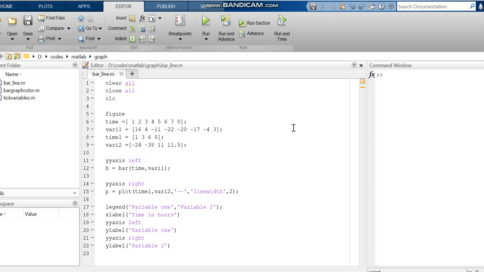Hello all, today in this video I'm going to show how to make a bar graph and a line graph in the same graph. So this is the code to make the bar and the line plot in the same graph. So initially you have to make the variables you have to plot in the bar graph and also in the